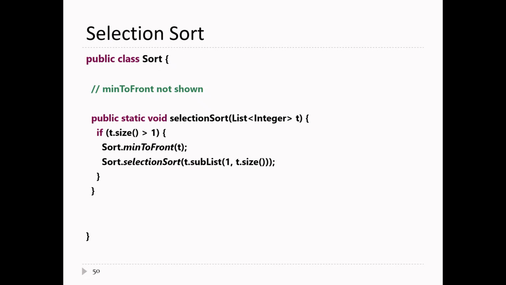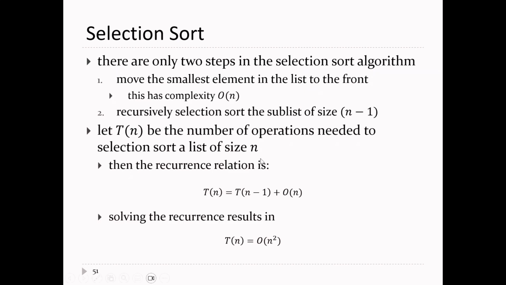I'm going to move the smallest element to the front, and then I'm going to sort the rest of the list. Right? And so there's another example of recursion on a list, again using a sublist to help us do the recursion. All right, any questions about that? Okay, so